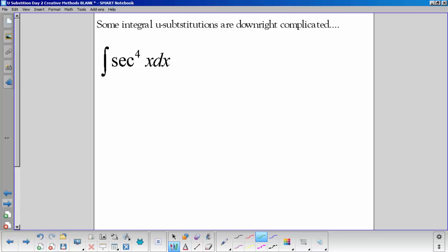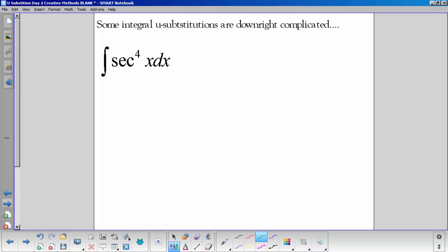Some integral u-subs are just downright complicated. Now some of you guys were having great trouble with tangent to the 4th, but now we have secant to the 4th. So we're going to have to use an identity because